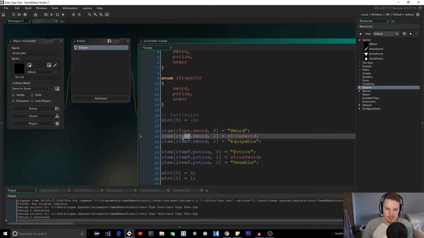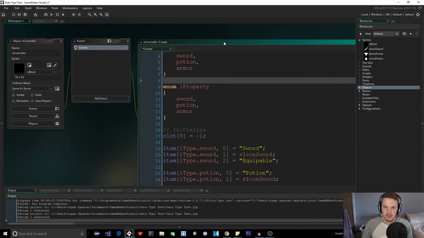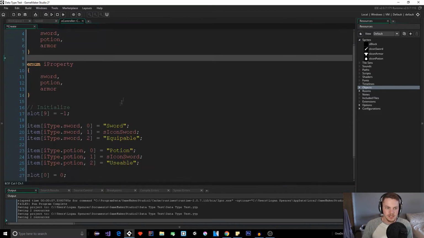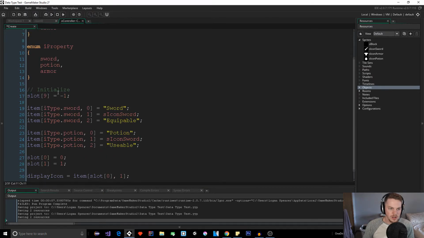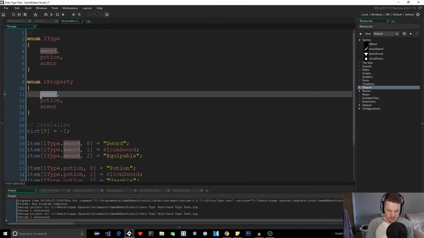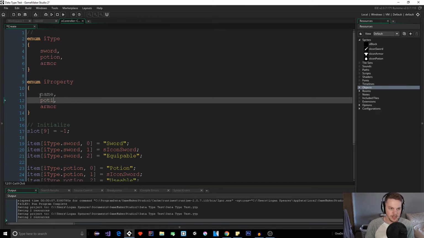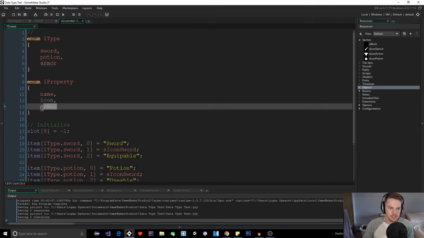I'm going to copy paste this down. Do all these. And then for the second slot, let me increase the font size for you guys, sorry. And actually maximize this. So we have our iType and our iProperty. And what different properties do we have? We have name, we have icon, which is going to be a sprite image, and then we have